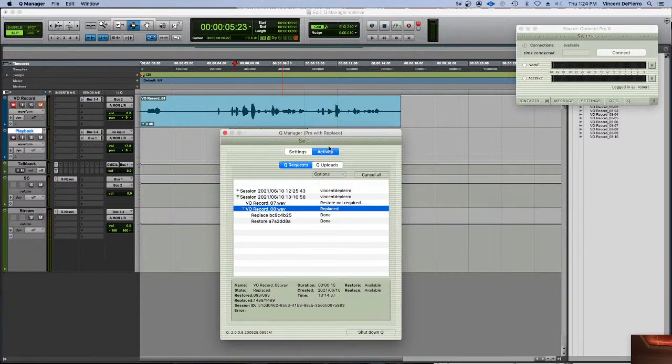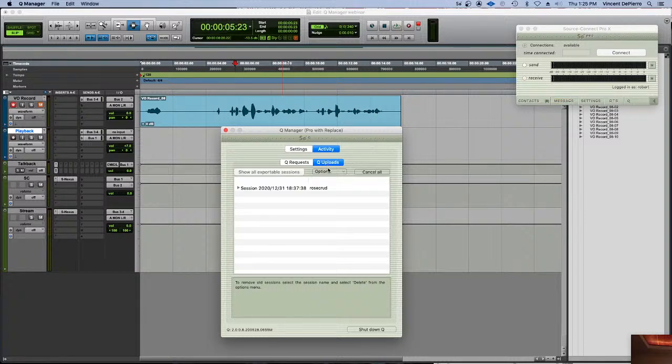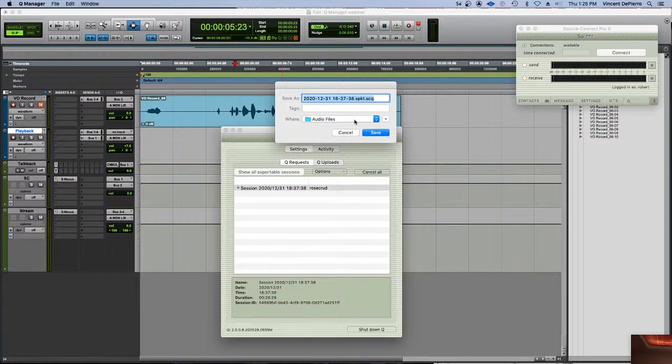All right. So here's the Queue Manager, and the first other options we'll look at are the request side. So this is the upload side. This would be the talent side if they're running Source Connect Pro. In the audio options menu, first of all, you can select the session, and then here's your option to export the PCM file, or export the MPEG-4 file, or export a restore package or a replace package. So for instance, if you export, we'll just do a restore package, and we'll send that out